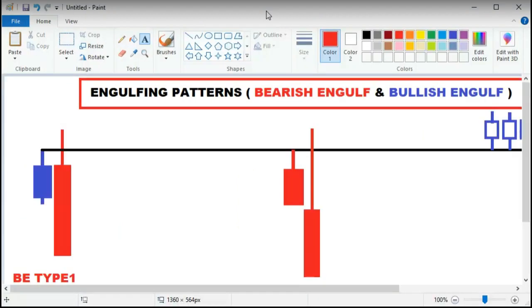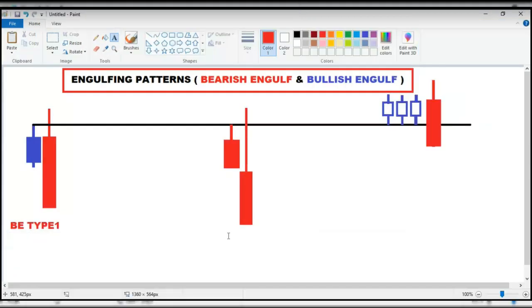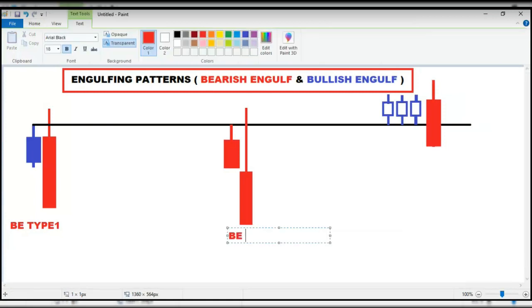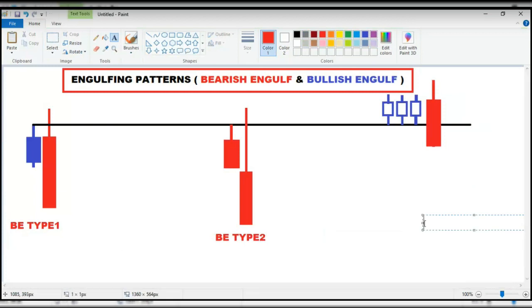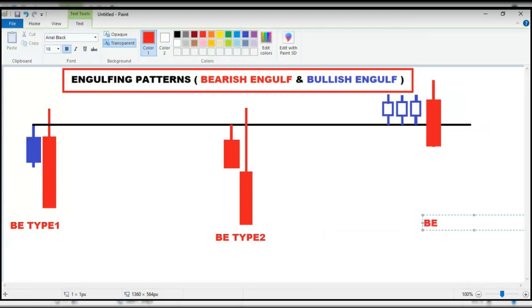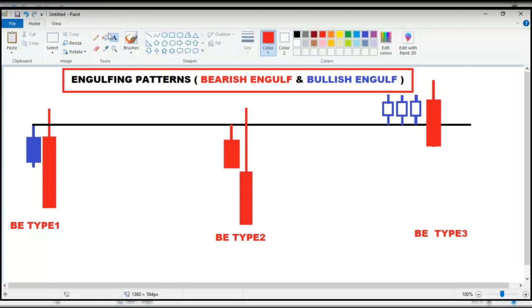And then this is the PE type 2. And lastly, we've got the PE type 3. So for now, let's discuss the type 1, the first type,